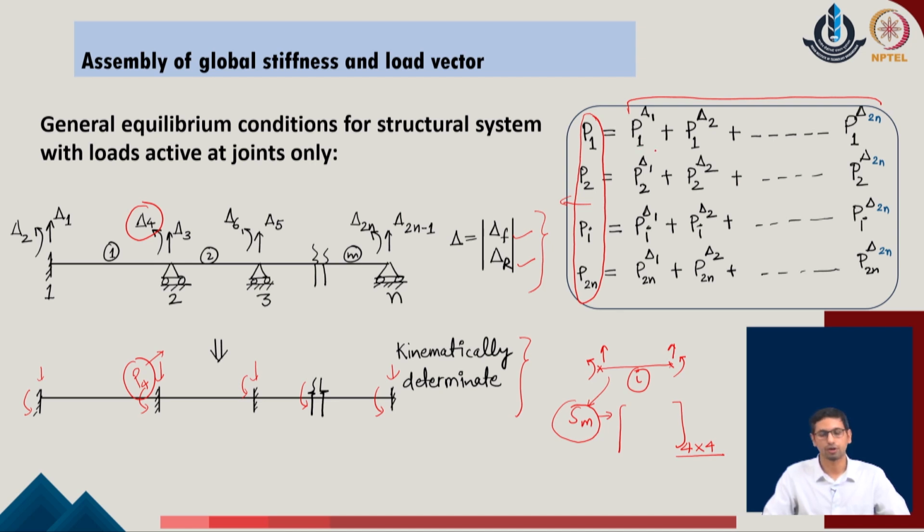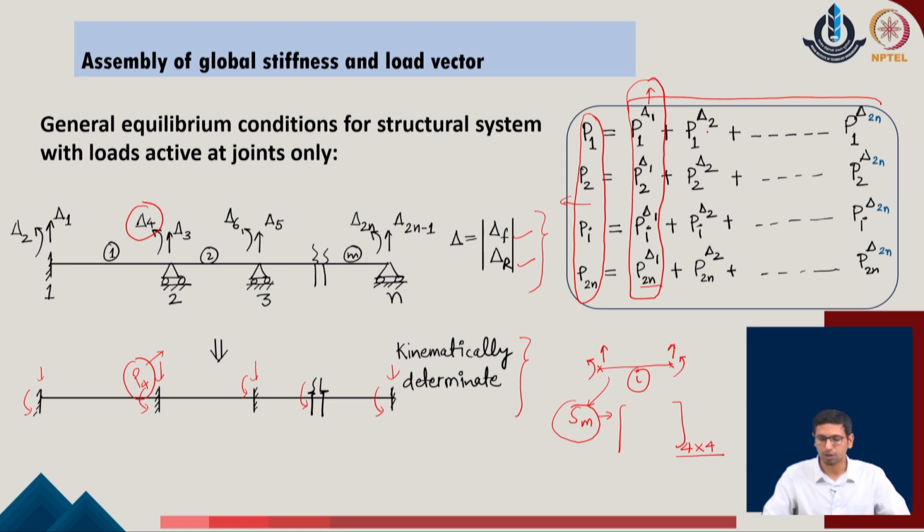These coefficients, in order to define them, we have earlier approached a similar problem, and we have identified that one by one we release each of the degrees of freedom. Say we release delta 1, and corresponding to the release of delta 1 in the given system, we calculate the force in the direction of all of these components P1, P2, P3 up to P2n in the given problem. And as we do it, we identify these as the contributing forces with respect to the unit deformation, or the amount of delta 1, in the direction of the first degree of freedom of the given system.